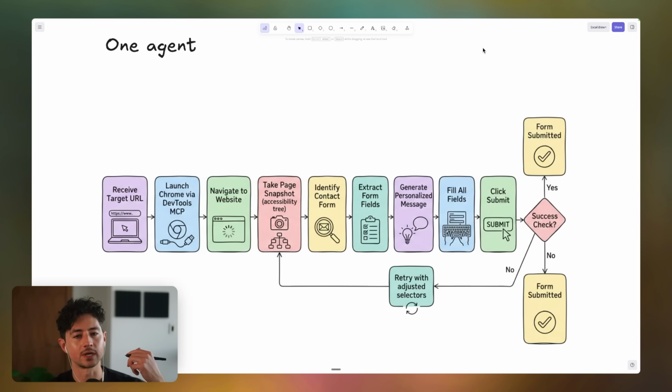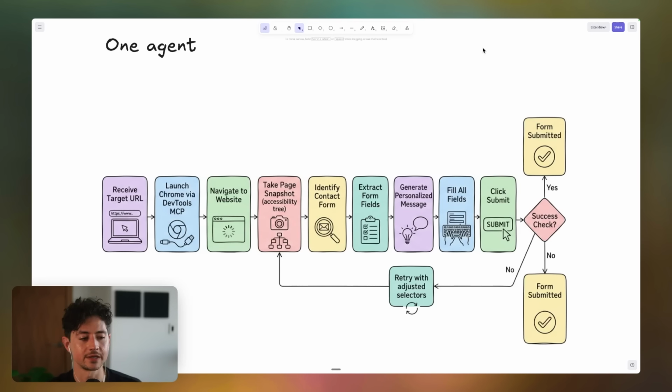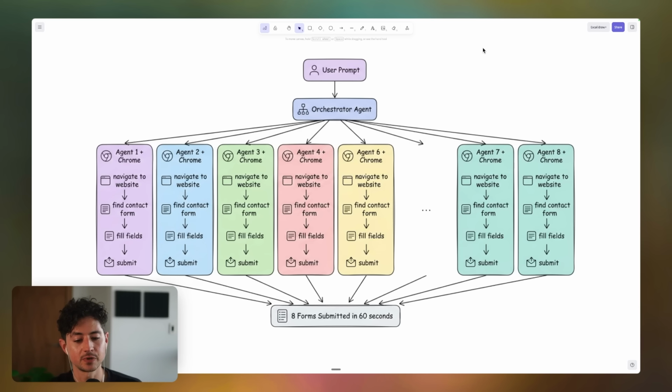So instead of just doing one agent, what I'm going to do is give every agent its own Chrome instance and even its own workspace, and then open up its autonomy so that it can make some advanced decisions to help it build its own tooling if it needs to, in order to navigate website pages or whatever.